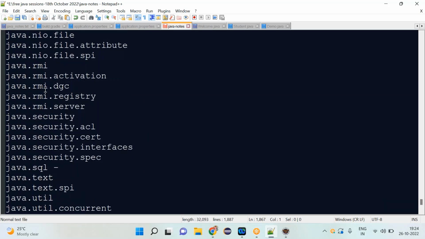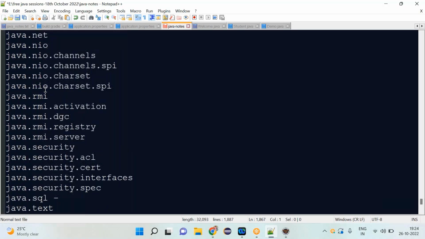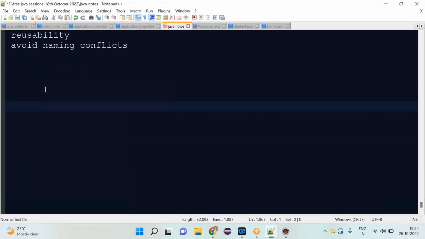What do you mean by packages, what are the predefined packages we have, and what are the user-defined ones? This is all about that. Now, how exactly are these predefined classes and interfaces kept inside their predefined packages? In the same manner, we also can keep our own user-defined classes and interfaces inside our own